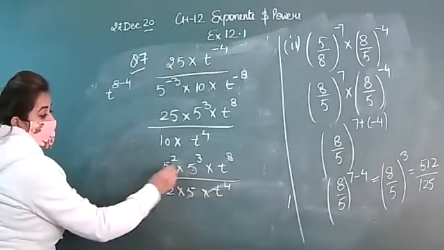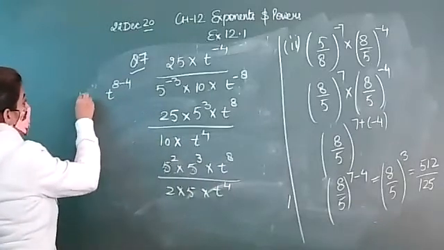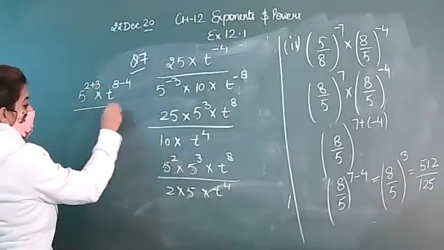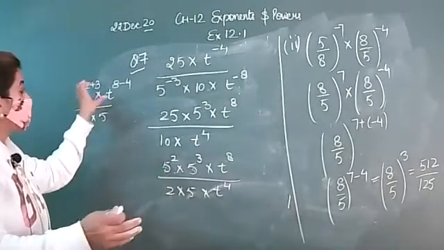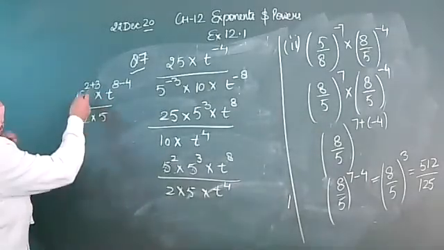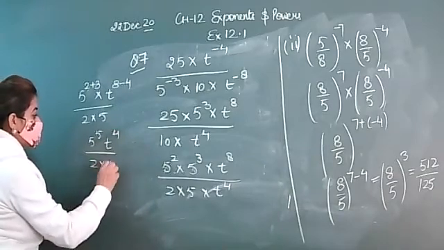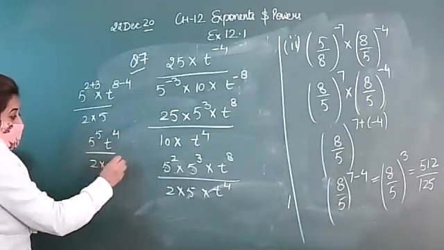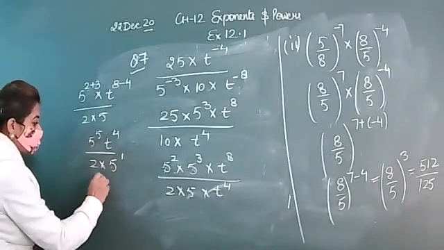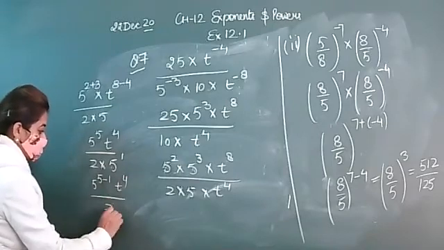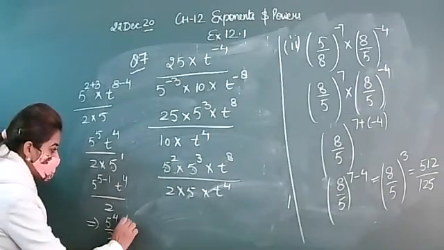Now, as you can see that in these two terms, base are same and they are multiplying, so power will be added. Is this clear? So you have to collect the like terms to reduce the terms. Now if you add these two powers, 5 raised to power 5, t raised to power 4, 2 into 5. Now this is 5 raised to power 1. They are dividing and the base are same, so power will be subtracted. So if you solve this, you will get 5 raised to power 4 upon 2 t raised to power 4.